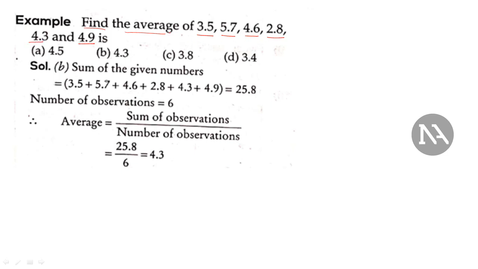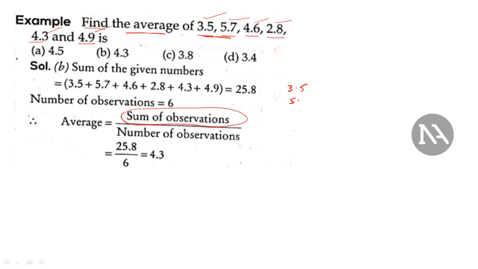Again, it is just data. It is not age or anything. It's just data that is given, right? So how many data do you have? 1, 2, 3, 4, 5 and 6. You have 6 data. According to the formula, to find the average, we have to sum the observations. So here you have to add all the observations.